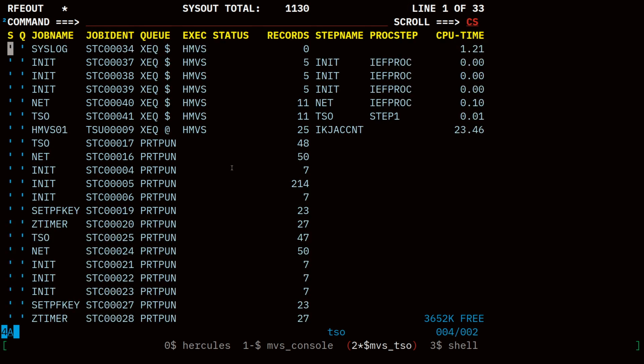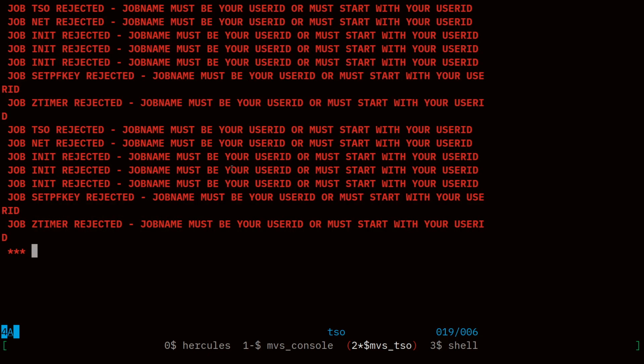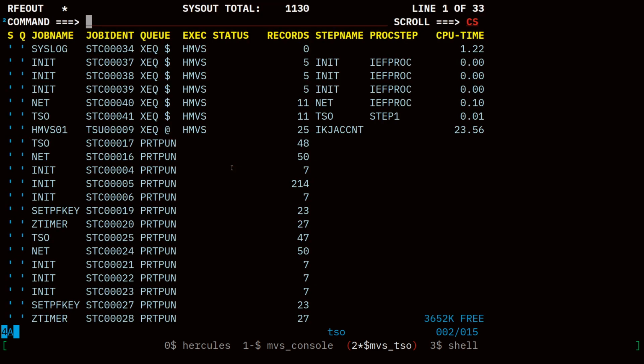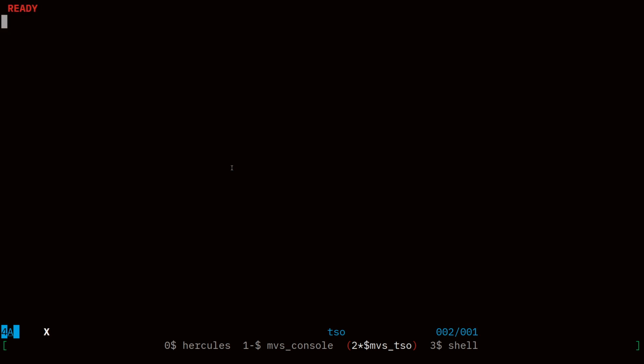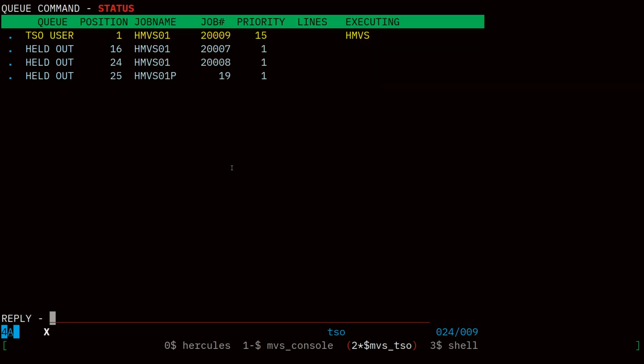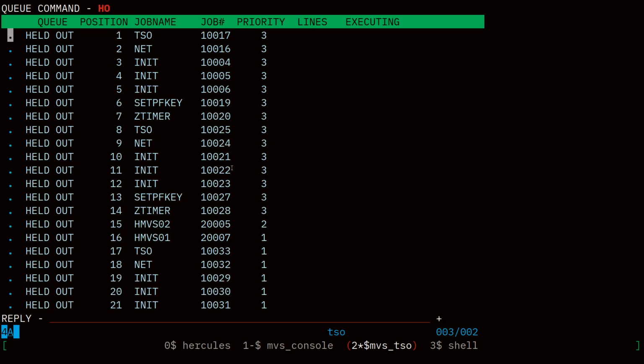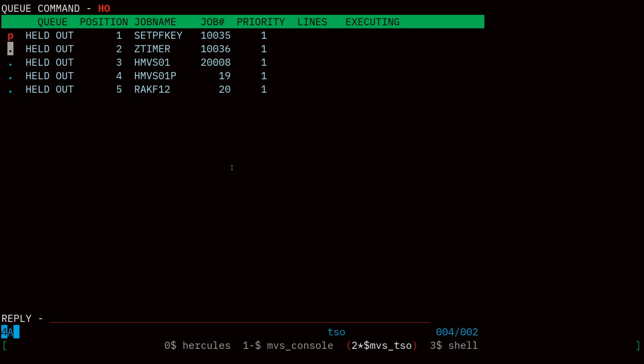So we're going to be looking at this all jobs list quite a bit. So just to help our future selves out, I'm going to purge all of these jobs. Oh, yeah, I don't have the sysmod installed that lets me do that as a regular user. But I believe the Q program will let me do it. So if I go held output, so this is all held output from the system. So again, I'm just going to purge all of these so that when we look at that list from RFE,